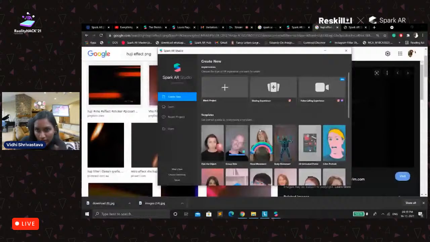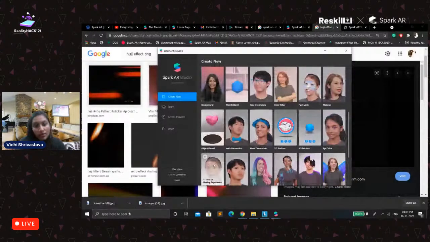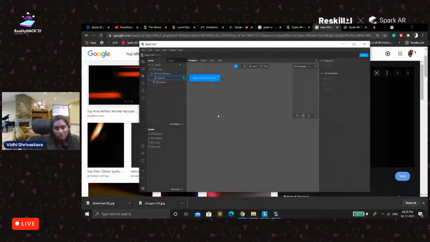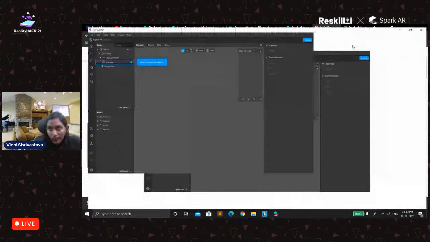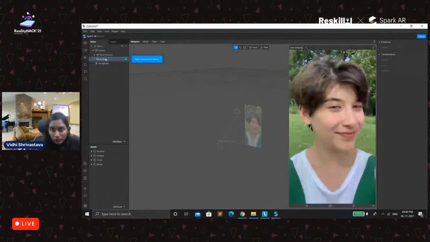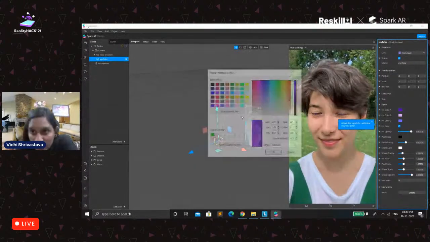And then you can even see how this voice changer works. Again, if you want to see how this eye color actually works, you can just go to the eye color template and you can add particle systems, or if you want to change the background, or if you want some animations on the existing project, then you can do it. So for example, if you want to change the eye color of it, we will use this template and change the eye color to, for example, blue.